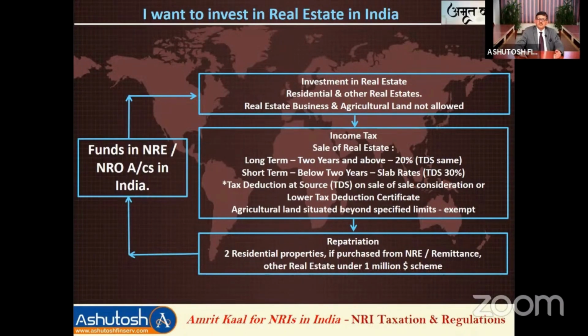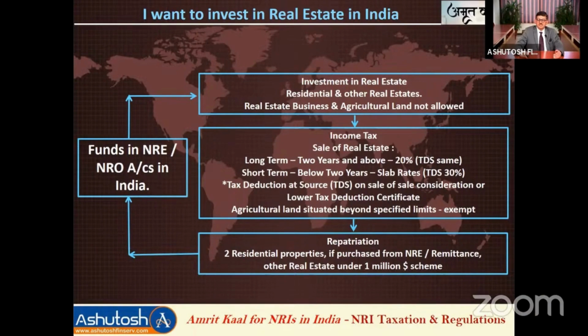When it comes to taxation on the sale of real estate, the period to qualify for long-term capital gains is 2 years. If the asset was held for a period of 2 years, then it would be taxed at the rate of 20%, and the rate of TDS, which is the withholding tax, is also 20%. Short term, which is below 2 years, short-term capital gain is taxed at the slab rates, and the TDS rate